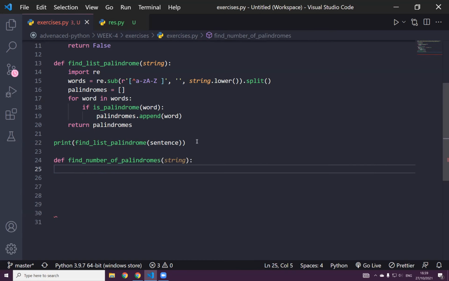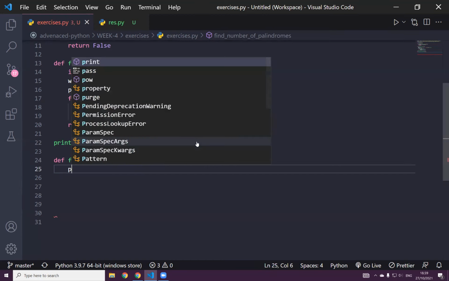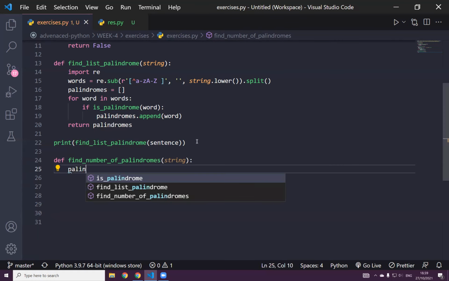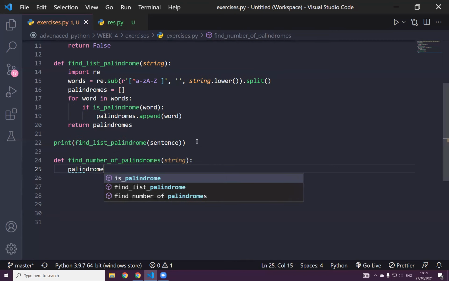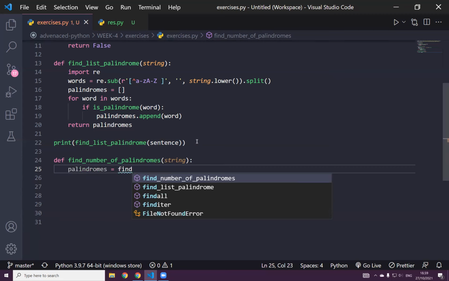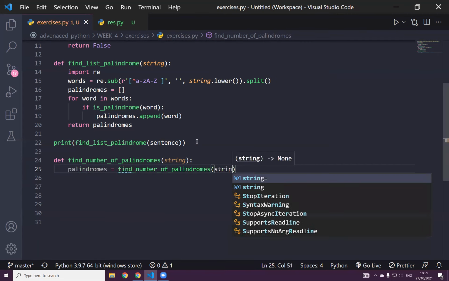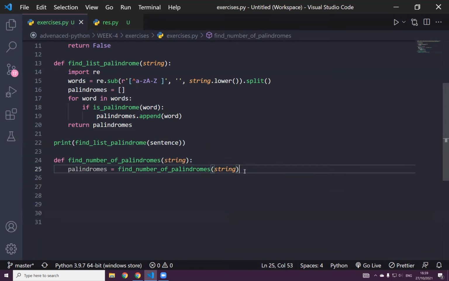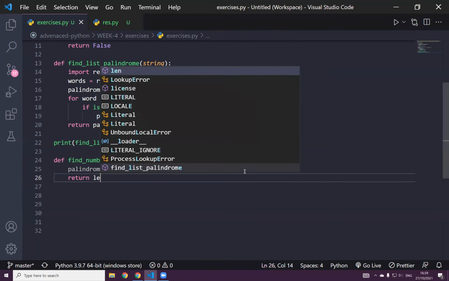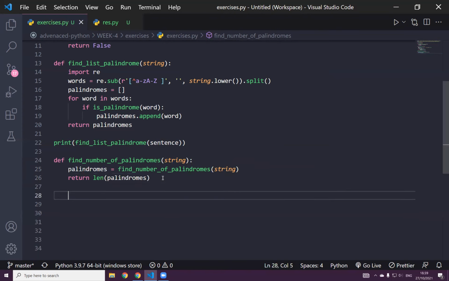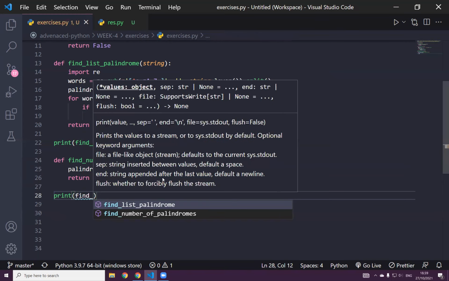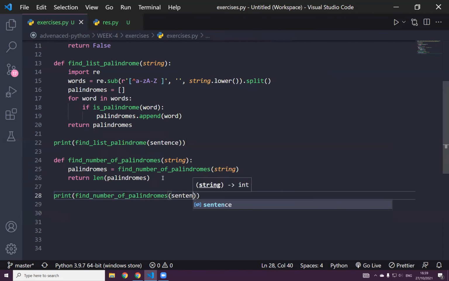Now I have already a function to find the list of palindromes. So then I can say palindromes is equal to find list of palindromes. I can pass the string here again. And then what I should return is actually the length of palindromes. Then if I just call this function now, print find number of palindromes, and then I just pass the sentence,